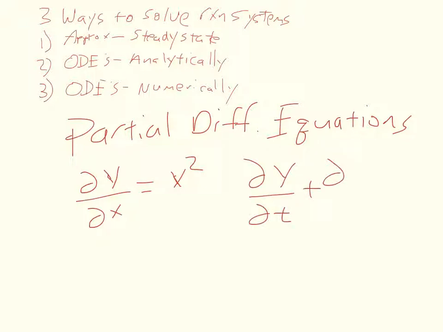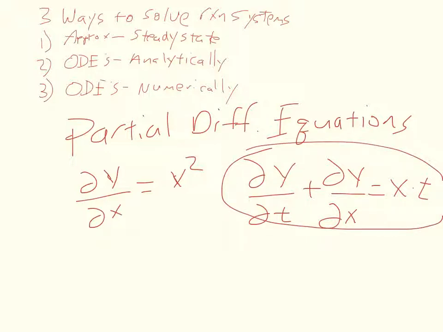Now if we had dy/dt + dy/dx = xt, that would be a partial differential equation, because it depends on two different variables, or at least contains multiple variables, and has derivatives with respect to multiple variables. So what we're interested in is when we have to worry about this case. Well, for the most part, when we're dealing with ideal kinetic studies, we don't, and the reason is